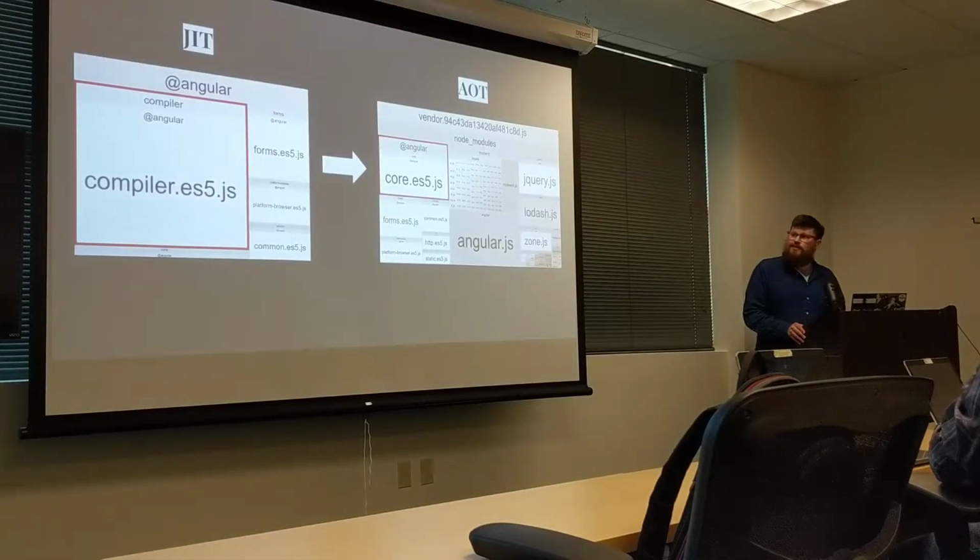And so this is just a little visual representation. This is a visualization through the Webpack Bundle Analyzer, and on the left, you can see the Angular code with the compiler left in it. And then on the right is the total vendor build, and you can see how without the compiler, Angular is a lot smaller. Now there's still a little bit left of Angular that's not in the red, but you can see just how much of the Angular package is taken up by the compiler. So